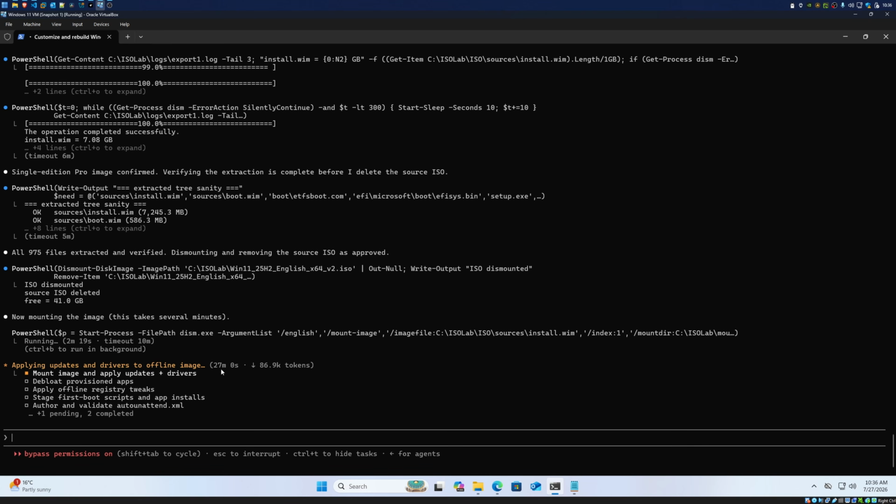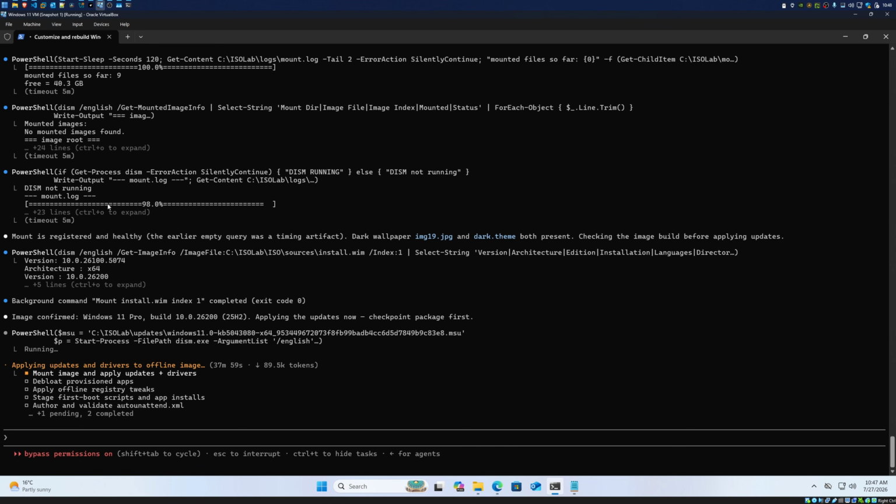Now, right now, we're about 27 minutes into this process where it's been running autonomously the entire time. I haven't had to intervene once, and it's used about 87,000 tokens. And so far, to me, this is a really good result, but let's see if it can actually pull it off all the way until the end.